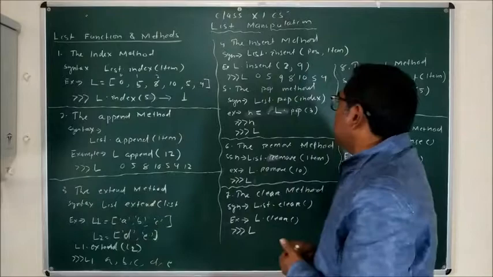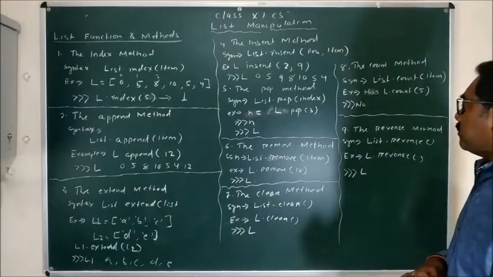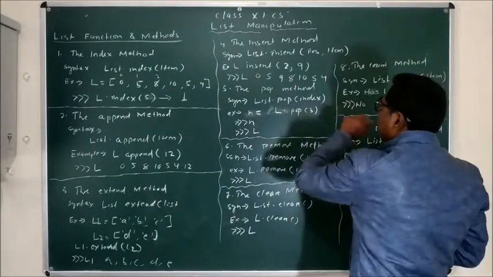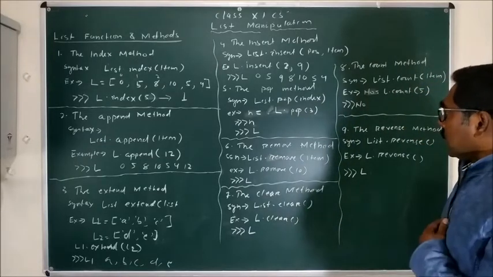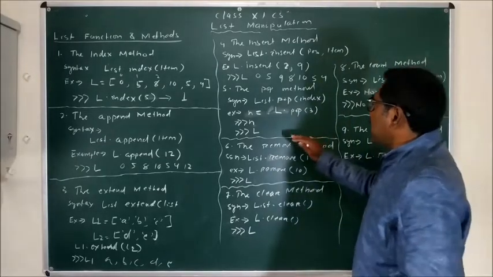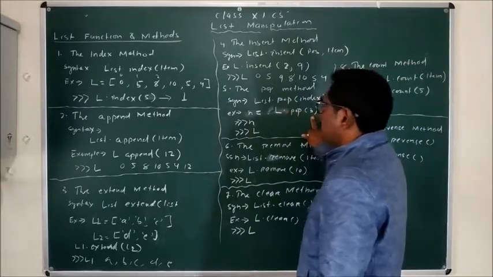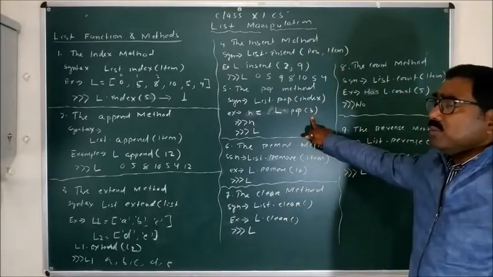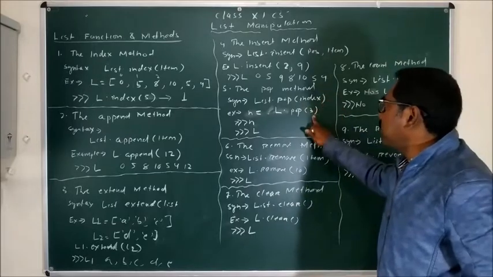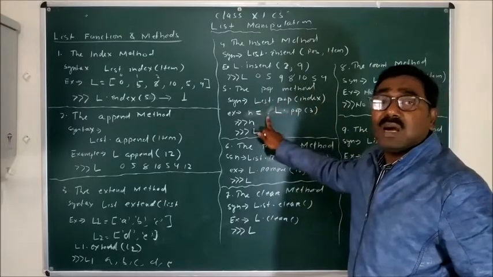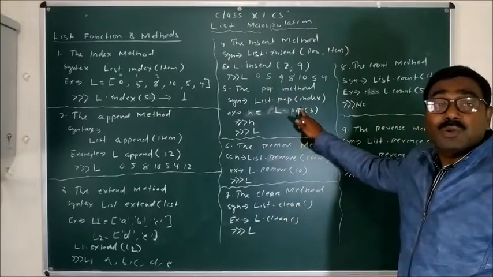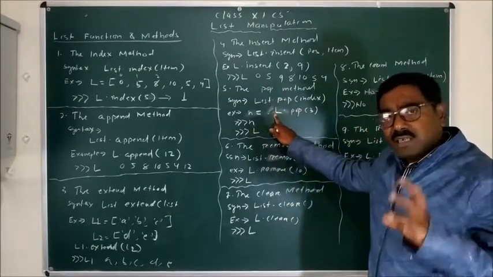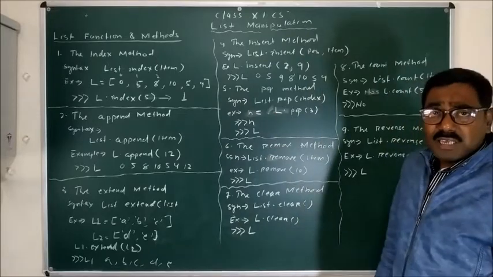So here in this command, we have to use the index, that is, the index which we want to remove. So suppose here I am writing L.pop(3). Now 3 is the index that will be removed. Whatever is removed will be returned as a value. We can directly display that value or we can store that value in a variable. Then through that we can display the value.